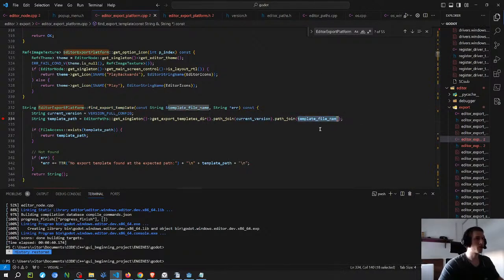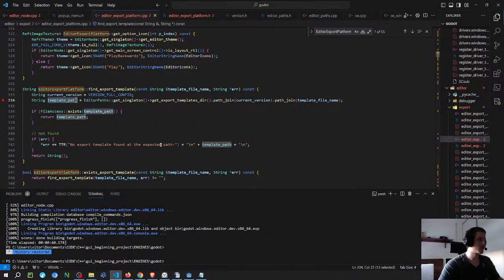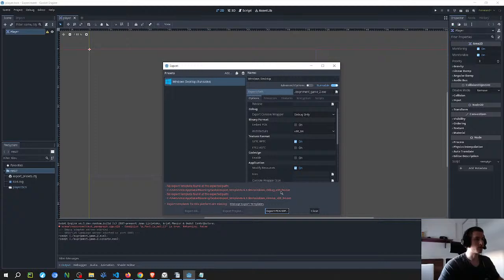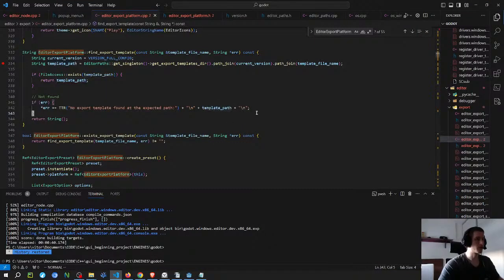So I want to understand how he selects this thing, because now I'm pretty sure that this is gonna be the name of the executable. Yeah, it's the whole name, I think, probably. Yeah, the whole, including the .x extension. But I want to understand. Maybe it doesn't matter actually. So yeah, it matters to see where this function is called, so I can see how it's going to be